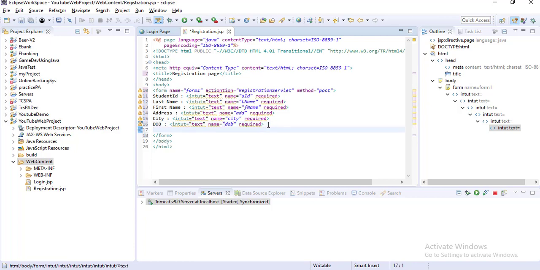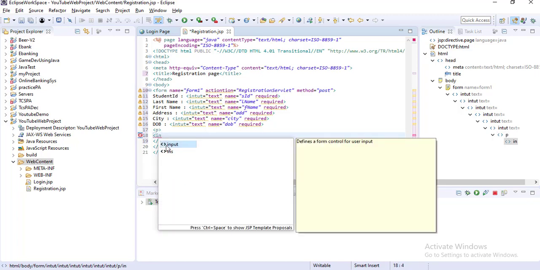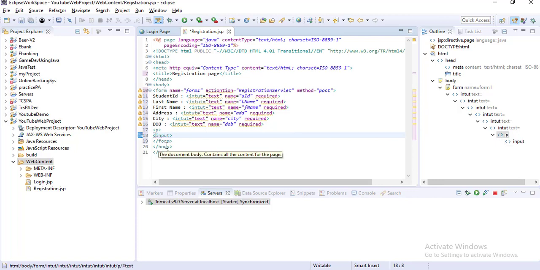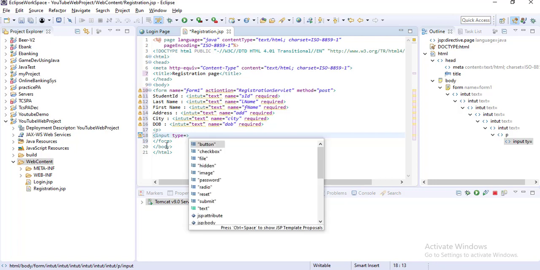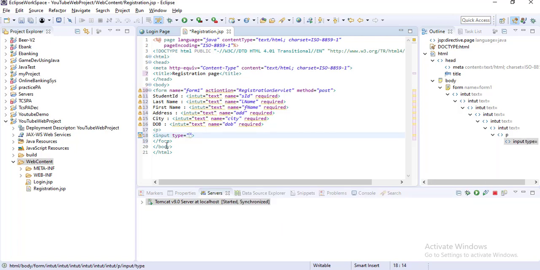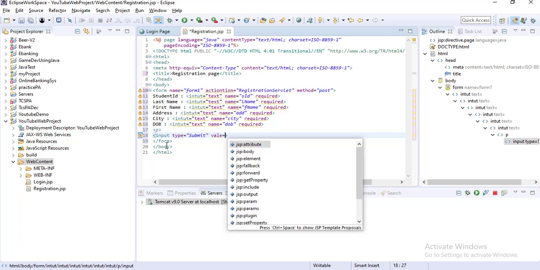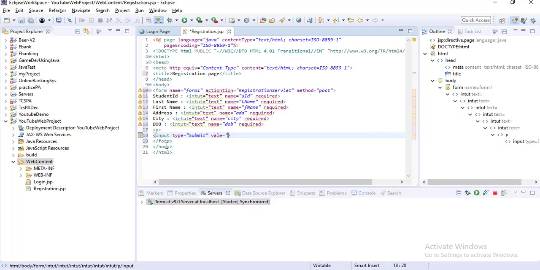Then here I am just creating one paragraph, so it will give you the next line, and in this paragraph I will submit it. So input, okay, and type equal to submit. Okay, so input type equal to submit, and then value I'm giving the value here also, value equal to also giving submit. Okay, so it will create a submit button,